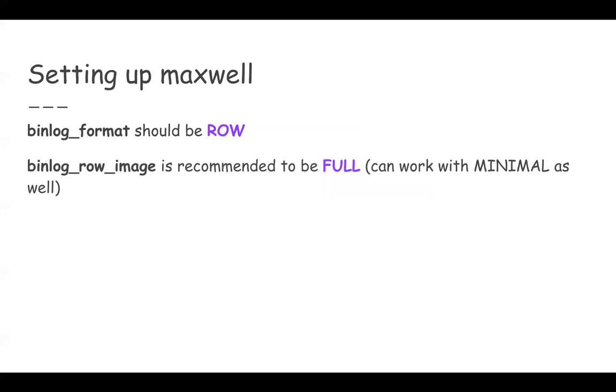However, you can have minimal, but if you go with minimal, you may lose some of the context, some of the messages essentially, like some of your default columns of your MySQL may not be captured. If there is an update, the previous value may not be captured. So if you want to go with that, it's fine. But if you can afford to have your binlog row image to be full, it's recommended.